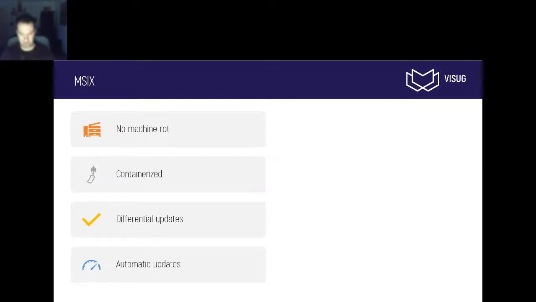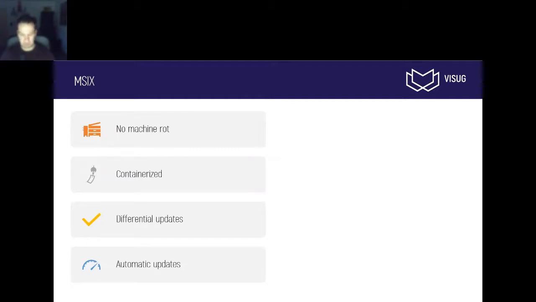So we've all been there. You have your computer set up, you install applications, you remove applications, your PC starts to go slower and slower and slower, and you need to reinstall it. That's called machine rot. And if you install everything using MSIX, that no longer happens. The reason that it did happen is because every application installs itself in a different way.